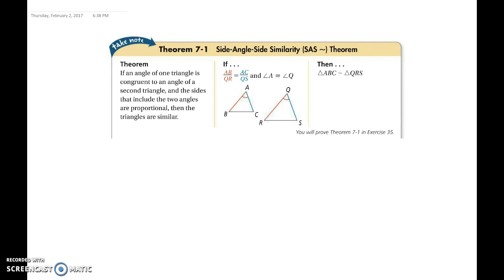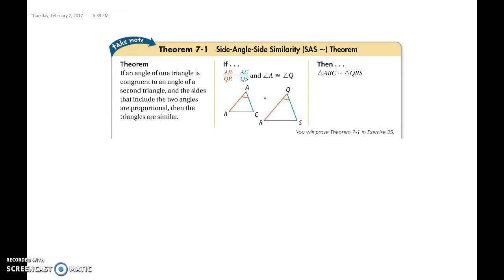In side angle side, we still need to have two sides that we're looking at, and the angle that's in between them, or the included angle. So we still need to think of it the same way as we did with congruent, except for now